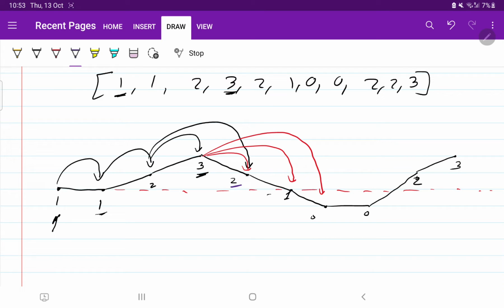From this 2 position you can make a maximum jump of height 2, so either you can reach this point or this point. From this 1 position you can make a maximum jump of height 1, so eventually you are going to reach this. And 0 says that the maximum height of jump that we can make is 0. It means we cannot jump further from this point. So what we got here is, we started and came here, here, but eventually we have dipped inside the valley.